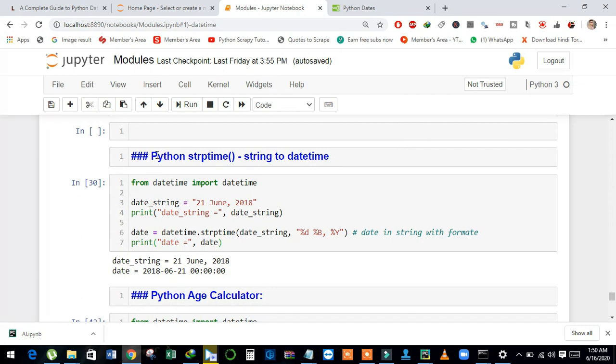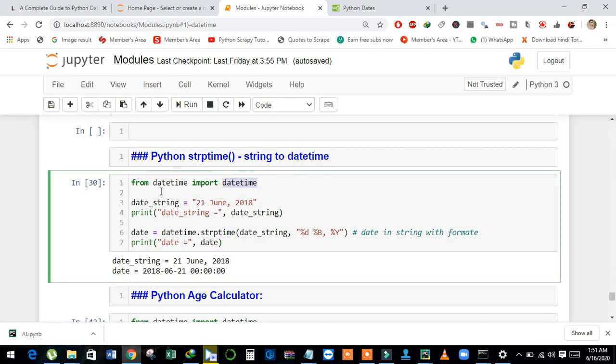Now we will discuss how to convert a string into datetime format. And see here, I have just imported datetime from the datetime module. I have a date in string, 21 June 2018, and then I just print out the value of the date string.